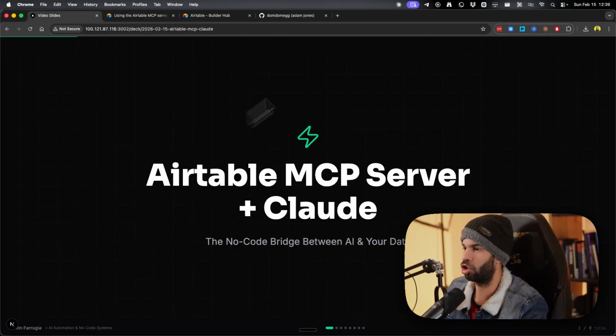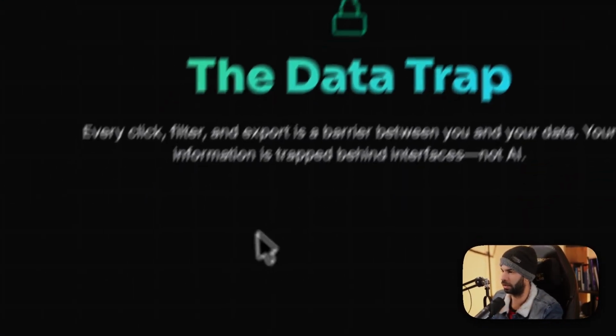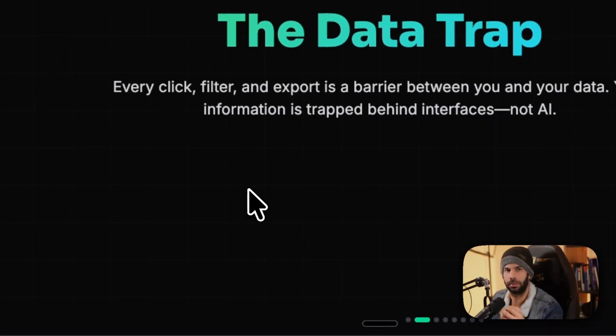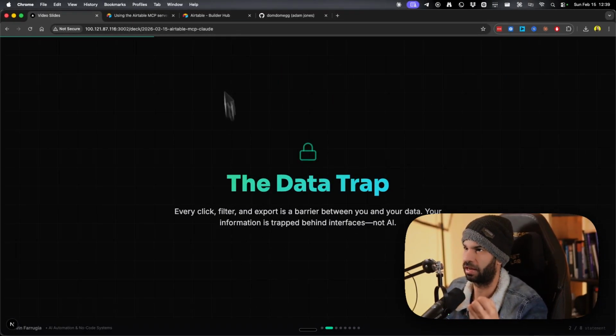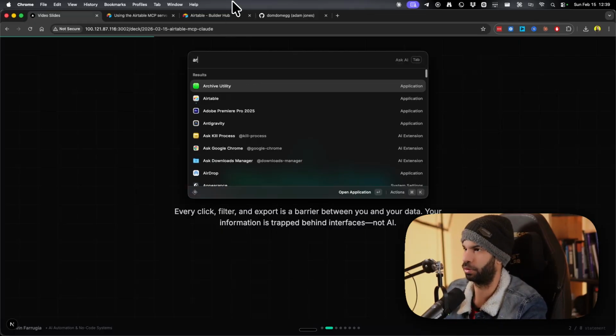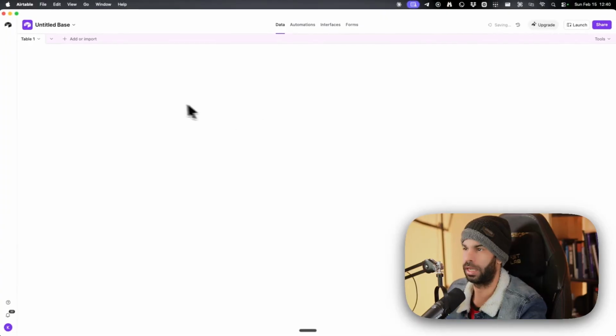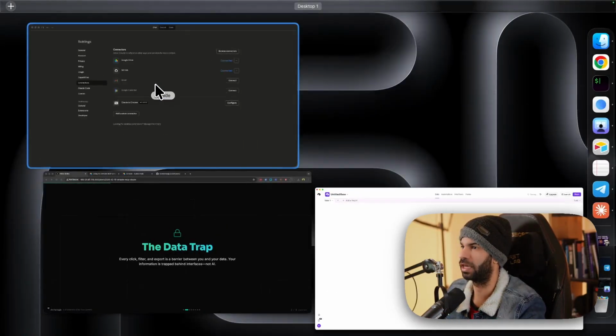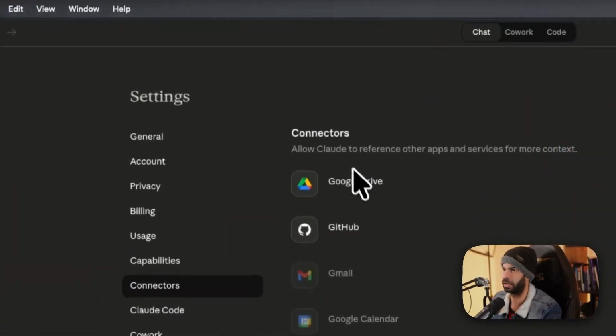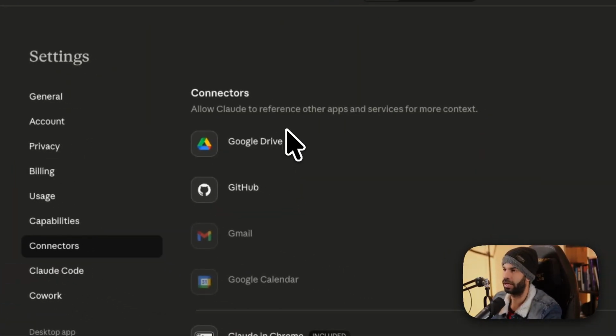So this is the no-code bridge between AI and your data, something that before was more difficult to get. You could open up your Airtable on your desktop, for example, and see all the tables, all the workspaces that you have. However, if I were to create a new database here and add some information to it, what was difficult was having the ability to open up something like Claude right here and connect it directly